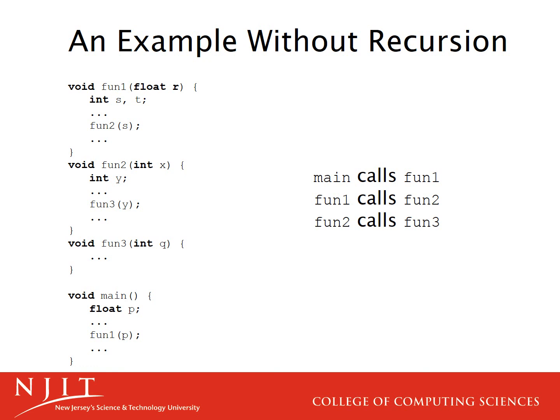So let me give you an example of how this might work, and we'll give you an example that doesn't use recursion. I have a function called fun1. Fun1 calls fun2. Fun2 calls fun3. Main calls fun1. Okay? So main